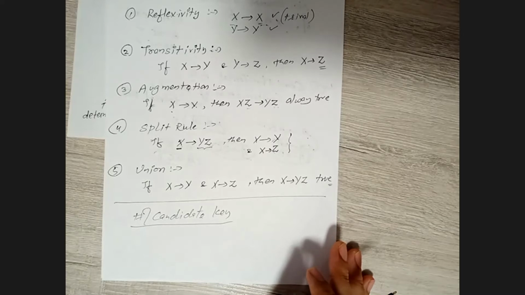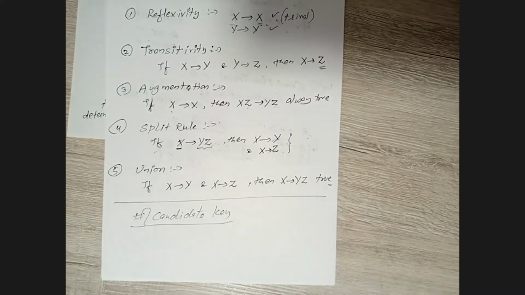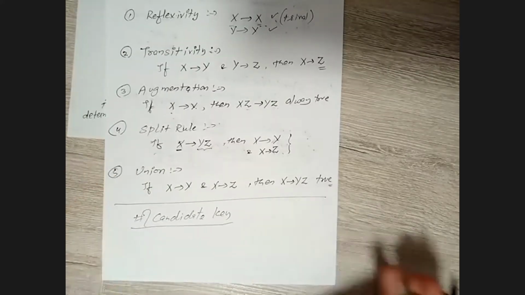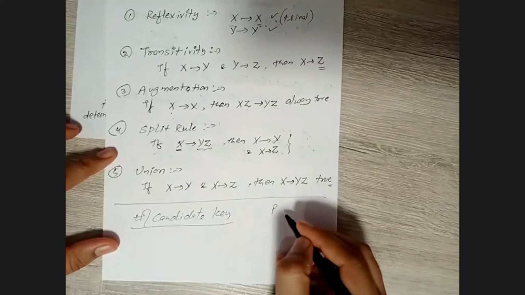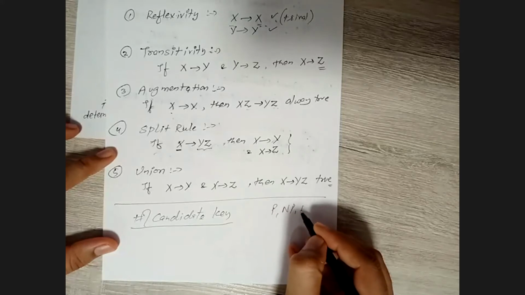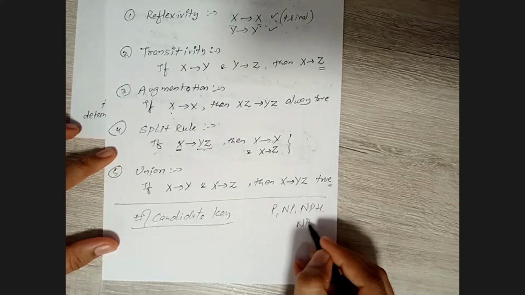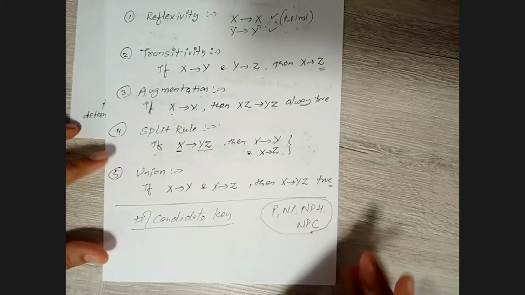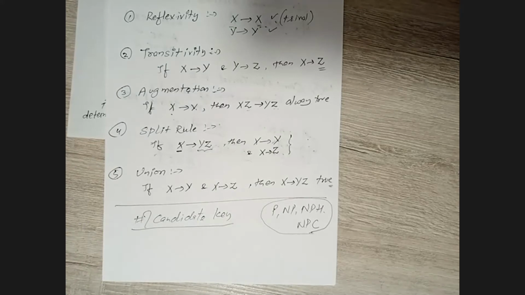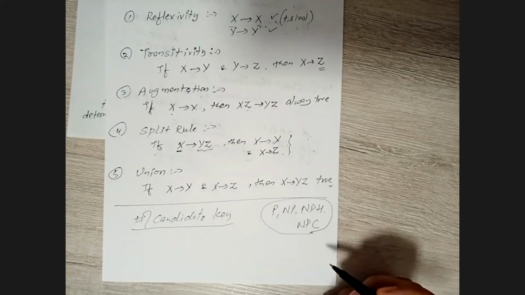For the next class, if you have done this in your design and analysis of algorithms module, at the very last you have a topic called approximations. As far as I remember, you used to study that. In it, you studied different types of problems, including P problem, NP problem, NP hard, and NP complete, NPC. So remember, this is just information. Probably in the next class, if you have some idea about this, you can understand what actually happens in this one.